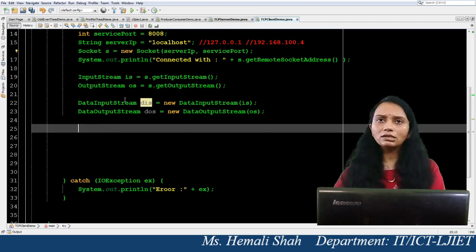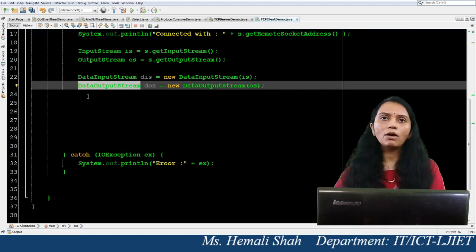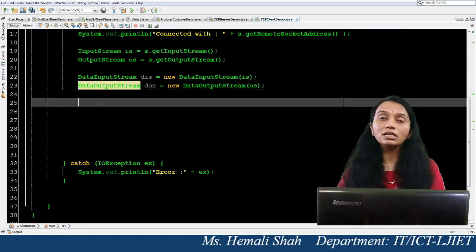Here you can also use the PrintWriter class or the BufferedReader class, because it's just read-write processing, right? You can use any IO class for reading and writing, but keep in mind you need to use exactly the opposite function in the opposite program.